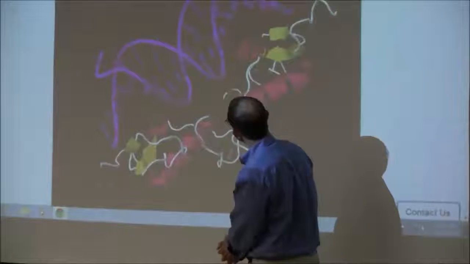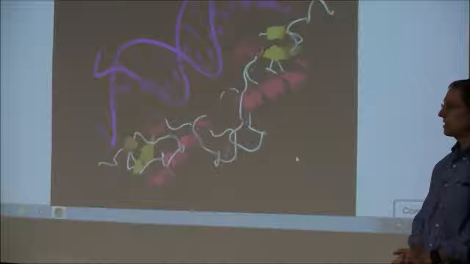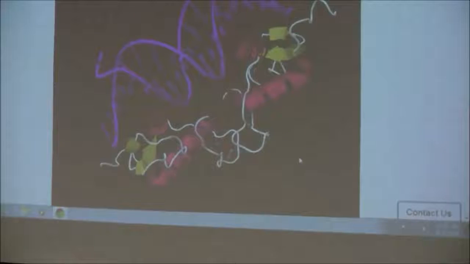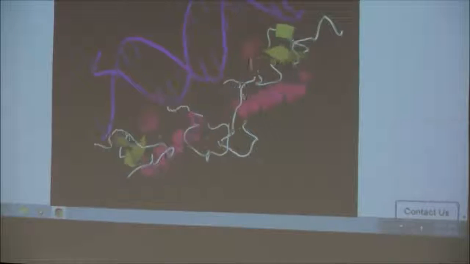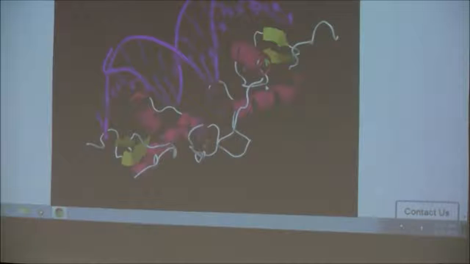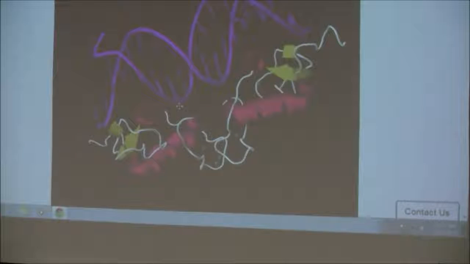So you can see in blue is the DNA that the transcription factor is bound to. Now there are two features to look at. First are these two pink alpha helix tubes. If you see what they're doing, they are sitting inside the major groove of the DNA. You can also see they're sort of distorting the DNA a little bit.